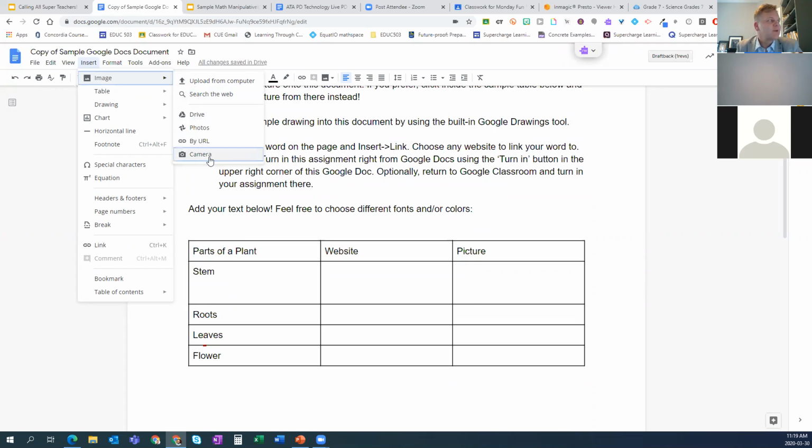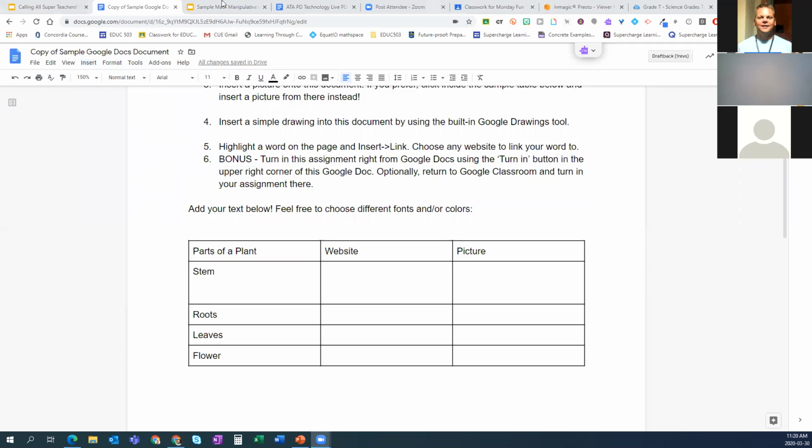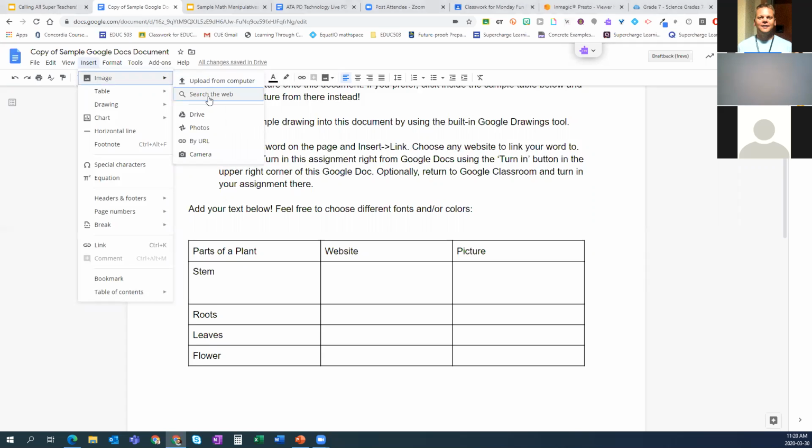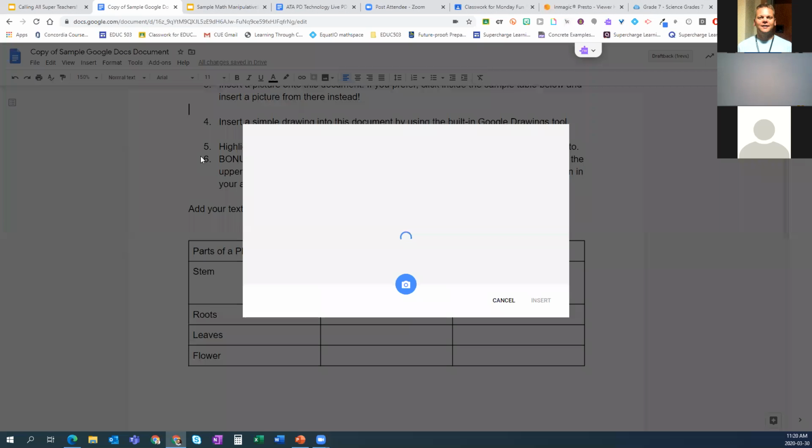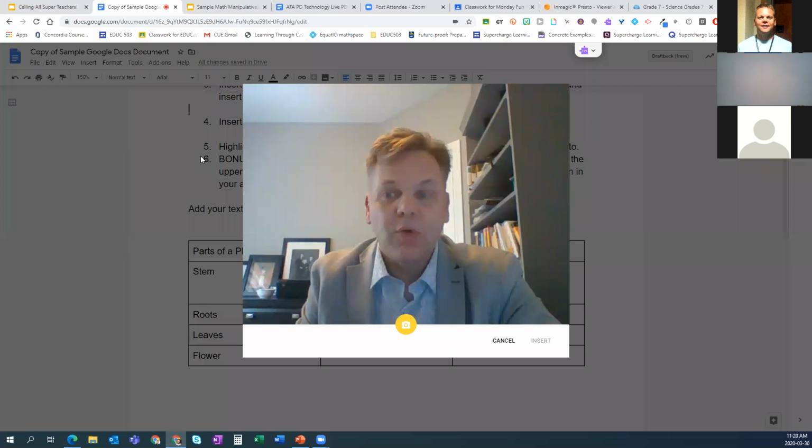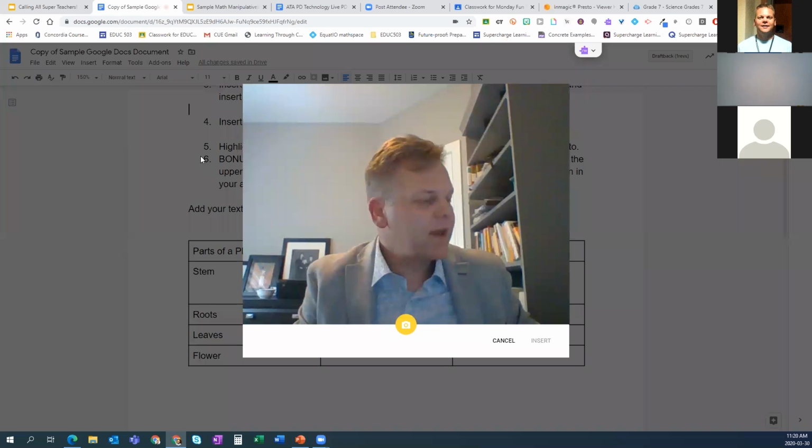But check this piece out. If you ever want to digitize any work, you want students to write something. Maybe it's a math problem. Maybe it's a paragraph. Okay? If you want them to digitize something, choose Insert Image from Camera. I'm going to turn off my own video for a second here in Zoom so I can show you how this works. Insert Image Camera. Then it will load up your own camera, and then if I have done some writing,